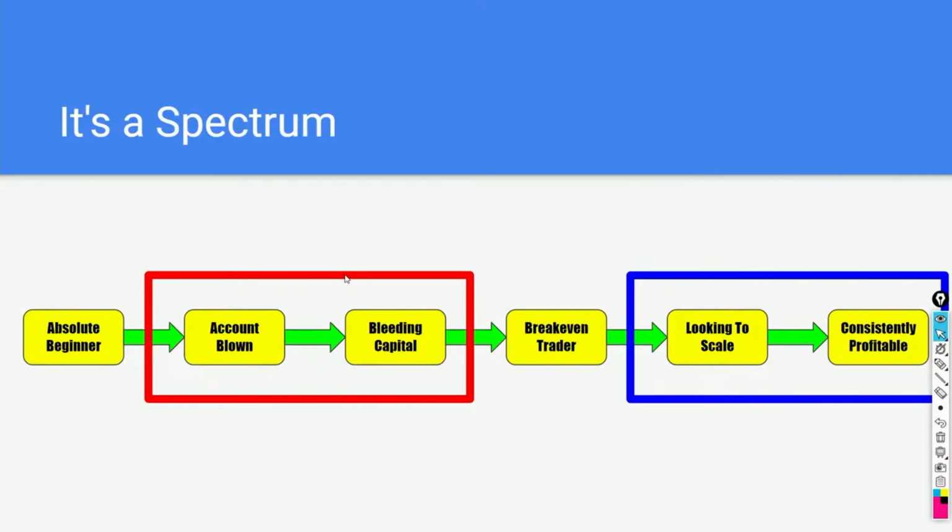Okay, move on. Now, if you look at these stages that we just discussed, an absolute beginner, you have blown your accounts, or you're bleeding capital, or you're a break-even trader, a successful trader, whatever, it looks like a spectrum. And this is what I call the trader development spectrum. If you look at the left one, you can clearly see this is an absolute beginner. He basically knows nothing about the markets. Then he gets into trading, and then he faces this terrible phase in his trading, which is shown by the red box, where you are making losses, and that is always painful.